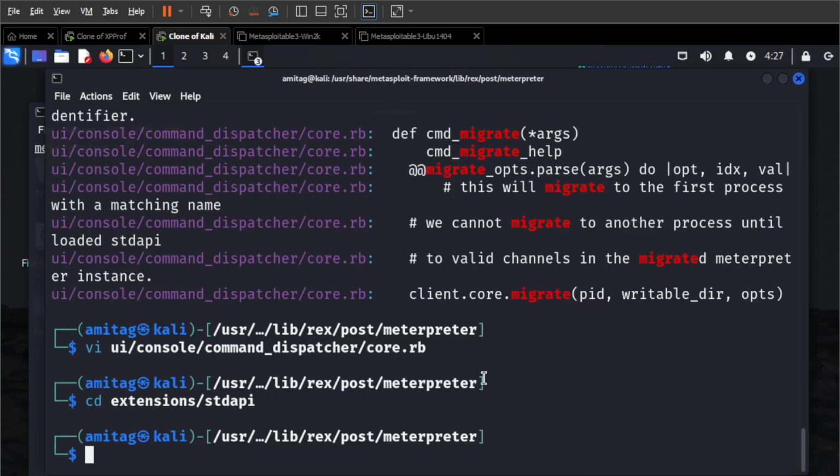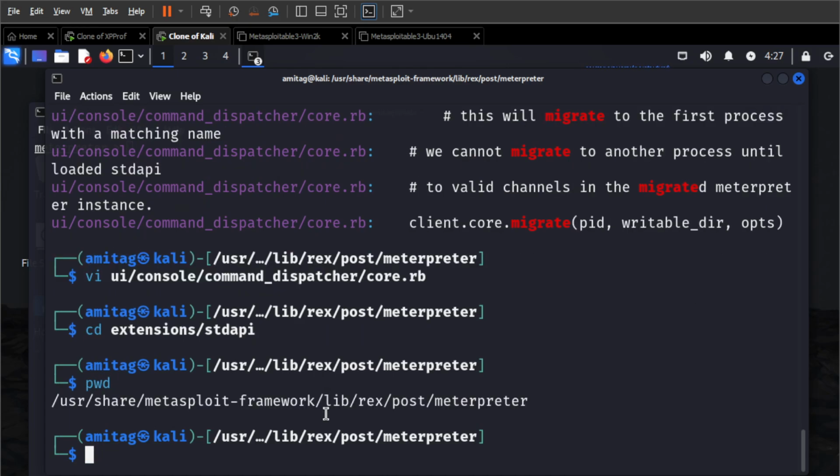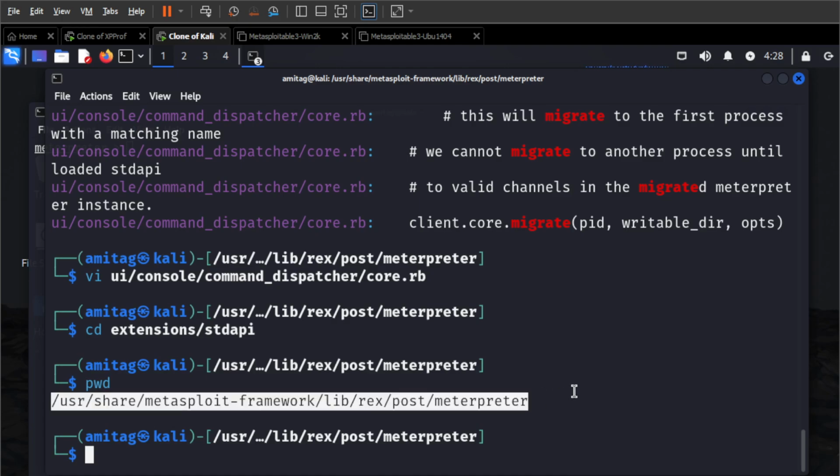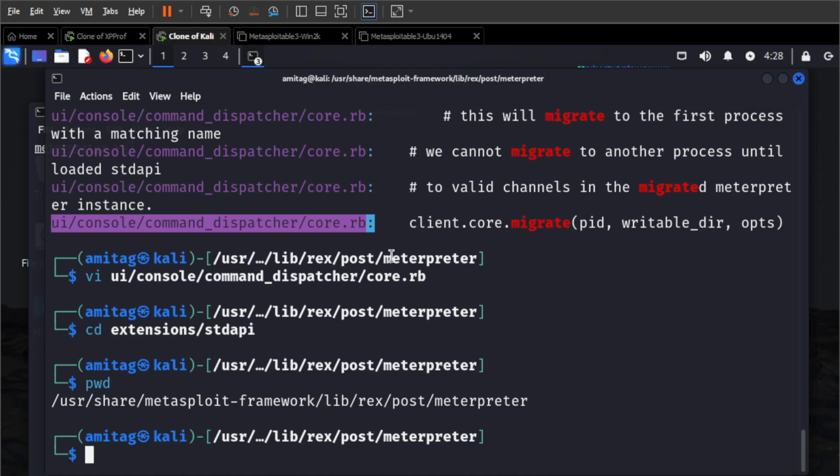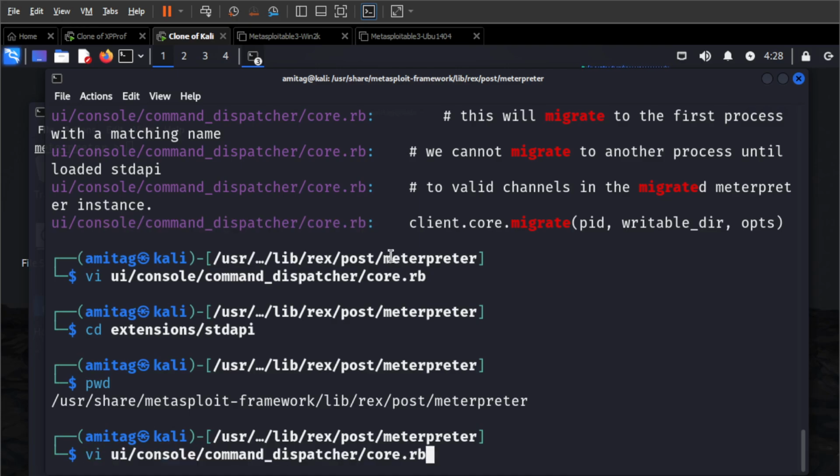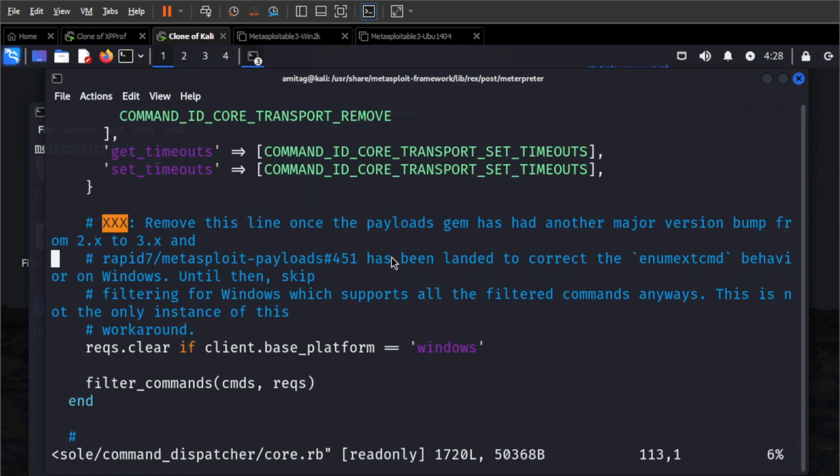Now first look at the code, right? So as we know by now, on Kali you will find the Ruby code in /usr/share/metasploit-framework/lib/rex/post/meterpreter. This is the folder where you will see all the code for Meterpreter. Now first we will look at the core API. So if we go to core.rb, which is in command dispatcher, you can see